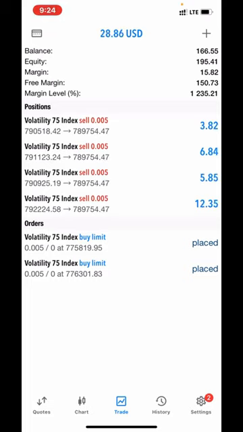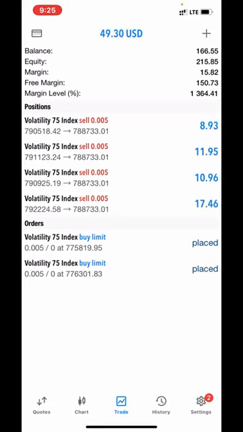But recently, the day before yesterday, a very good friend of mine told me about volatility index, and I was like, I don't want to go into it. It's too volatile and all that. I hear a whole lot of people losing their money within one second. But she was like, you're good in forex. She actually went for a professional course on volatility, and she said the same strategy that works on forex would also work on volatility index. I was like, are you serious? Yes. Okay, so I decided to give it a try.